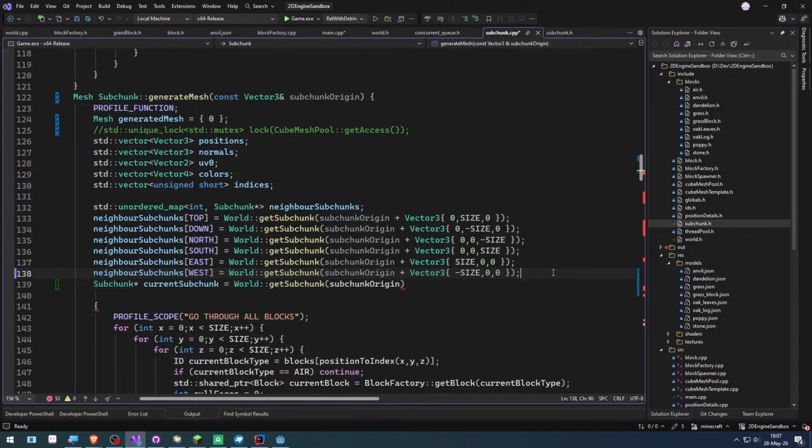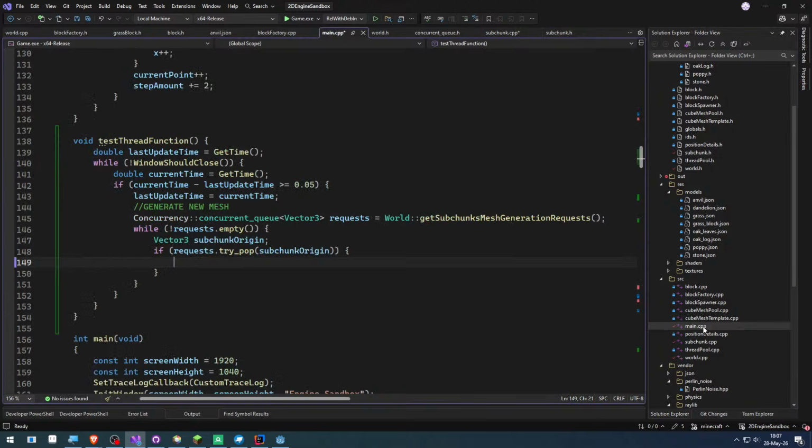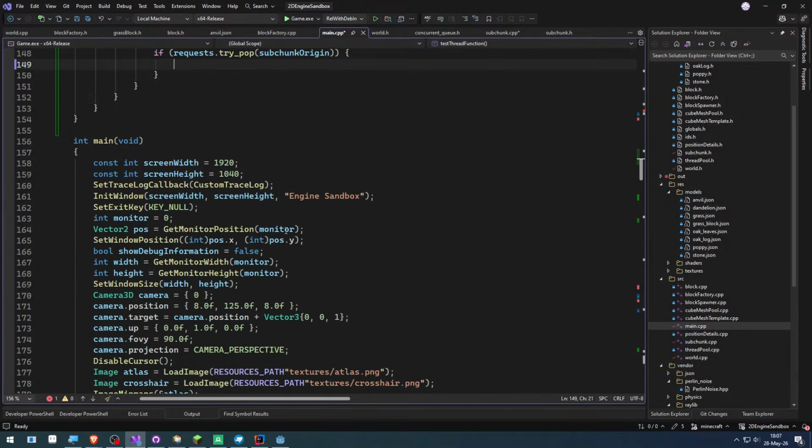Subchunk origin, and if it's a null pointer, it will return. And there is a huge issue, actually. Since while the thread is working with this pointer to a subchunk, that data could be deleted, since in the main thread, when the player moves around,